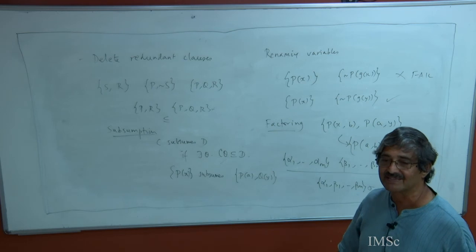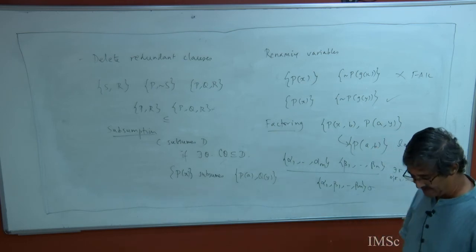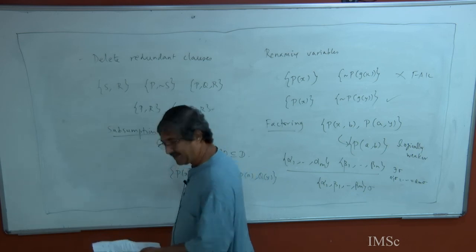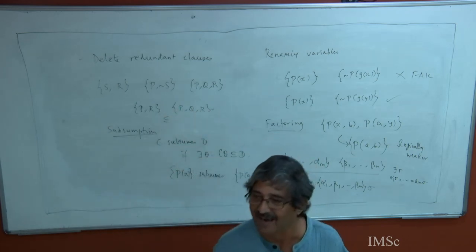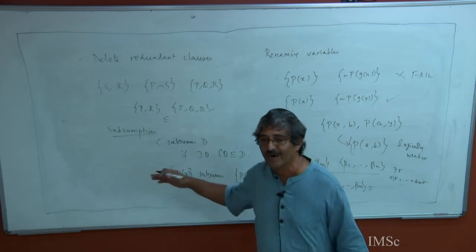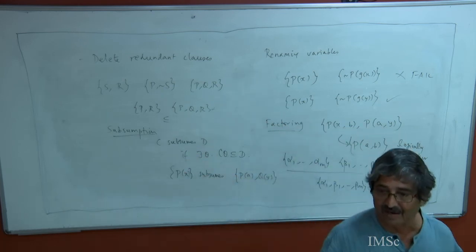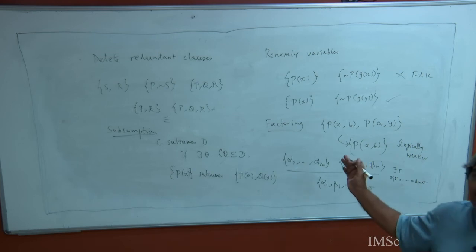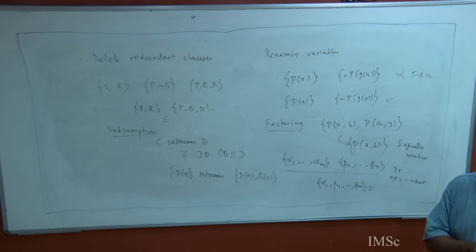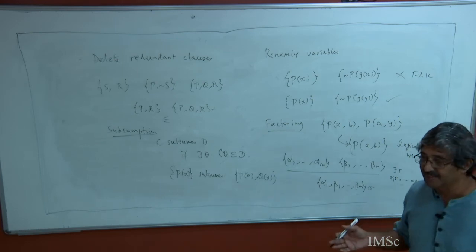Factoring and subsumption are the more important ones that I wanted to mention. I have some examples illustrating these, but I don't really want to go into this. The point is not so much to go into how theorem provers work, but to show that starting from Herbrand's theorem, you can come up with a very neat and very, very simple idea, and that works as a